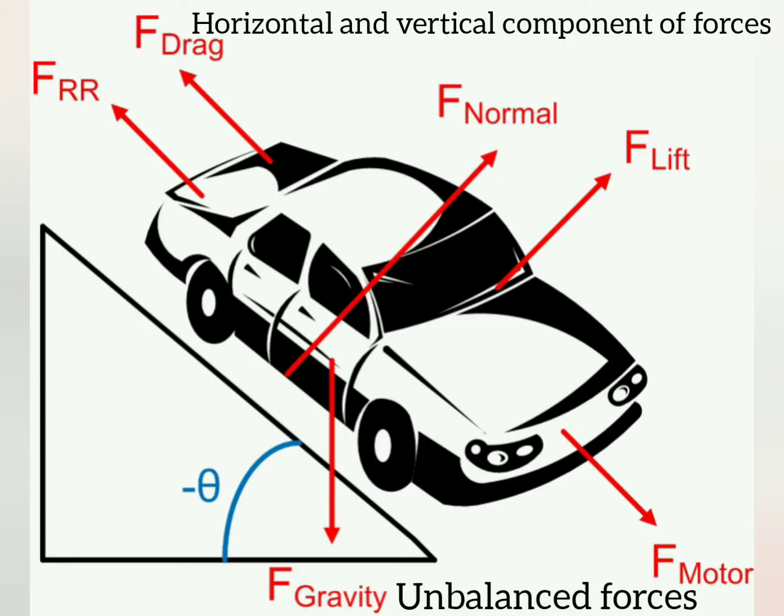While a car is moving, there is the force of the motor, and opposite to that there will be a frictional force between tire and road, and there will be a drag, that is air resistance. The normal force will be upward and the force of gravity will be downward, and there will be a force of lift due to the drag or air resistance.